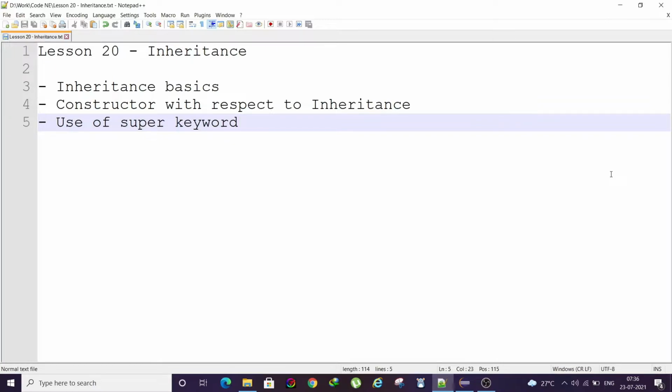Okay, so basically, inheritance is a property of object-oriented programming which helps you create a hierarchical classification. That means there will be one class which will act as your parent class, and then you can extend the properties of your parent class to one child class, right? Let's say there is one class which has some common properties.